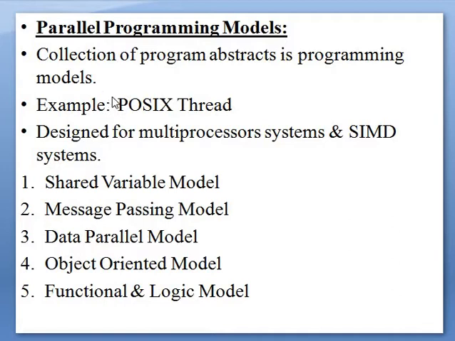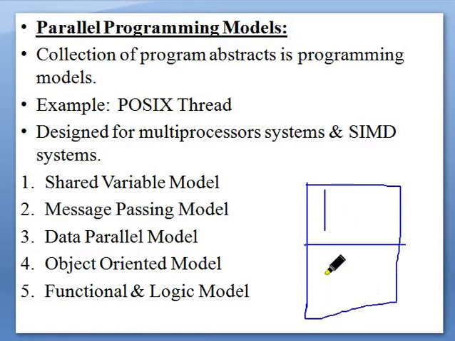One example from the textbook is POSIX thread. You know the diagram from your operating system, we used to draw it like this. There were three threads: thread 1, thread 2 and thread 3. We used to write the corresponding resources for each thread, and those threads try to complete the task and they try to execute in parallel. That's the concept.